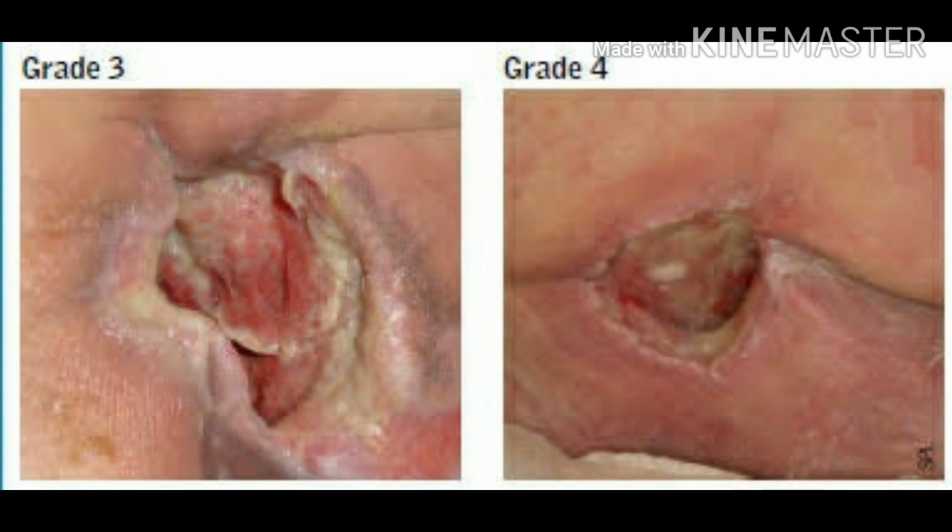In grade 4 type of bed sore, you can see there is full thickness skin loss with extensive destruction, and it has reached to the bone itself.